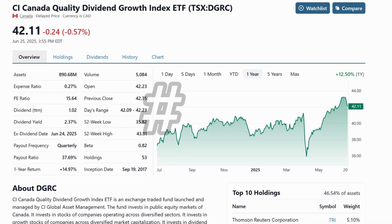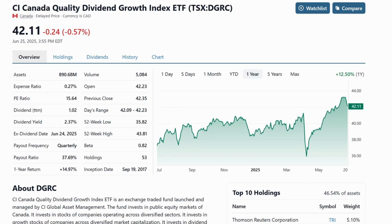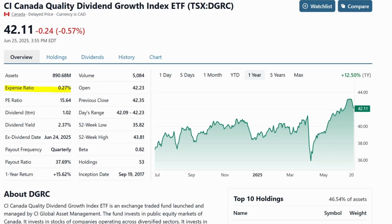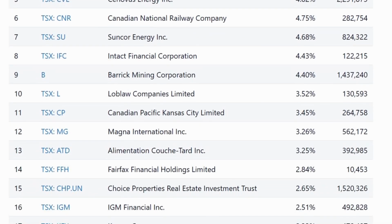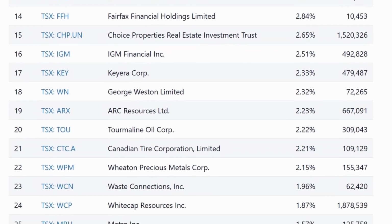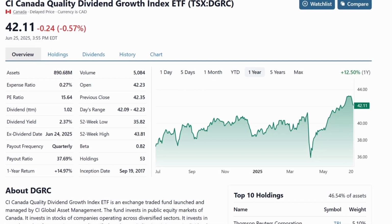Let's jump right in. Starting off at number 10 is the CI Wisdom Tree Canada Quality Dividend Growth Index ETF, ticker DGRC. This one targets Canadian companies with a combination of strong fundamentals and dividend growth potential, a nice mix of quality and income. It currently offers a yield of around 2.37% and the expense ratio of 0.27%, which is fair considering it's not purely passive. DGRC holds around 40 stocks, primarily in financials, energy, and utilities. The strategy aims to capture companies with strong fundamentals, so think of it as a steady, disciplined choice for long-term